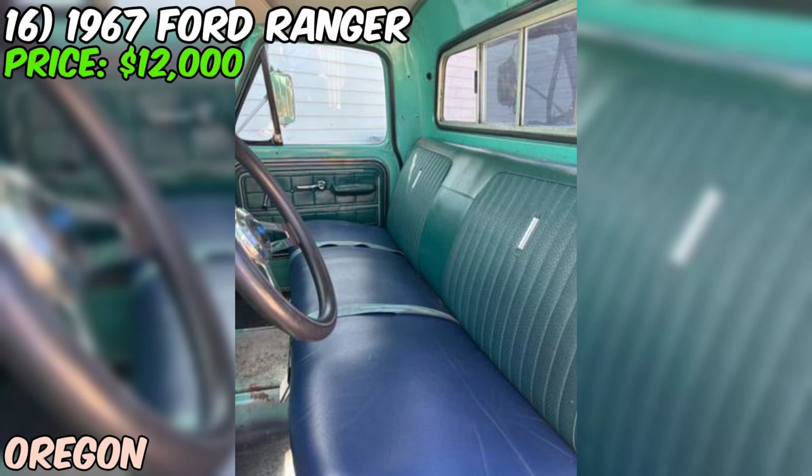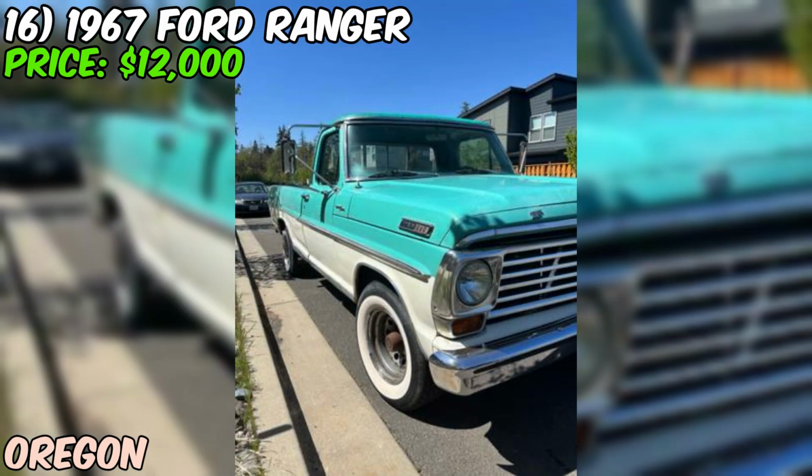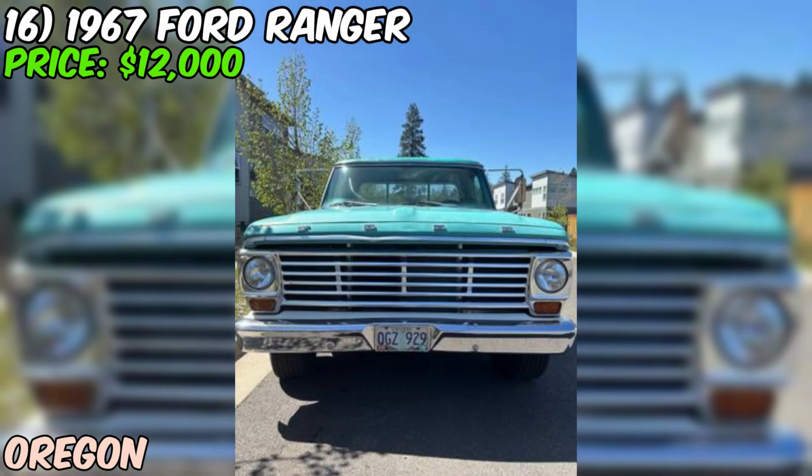Now let's be honest about the challenges. There's rust. Cancer, as the seller puts it, on the roof and some in the floorboards. That's something you'll need to address if you want to keep this truck long-term. With 165,178 miles on the clock, it's seen its share of use, but that's less important than the mechanical upgrades and